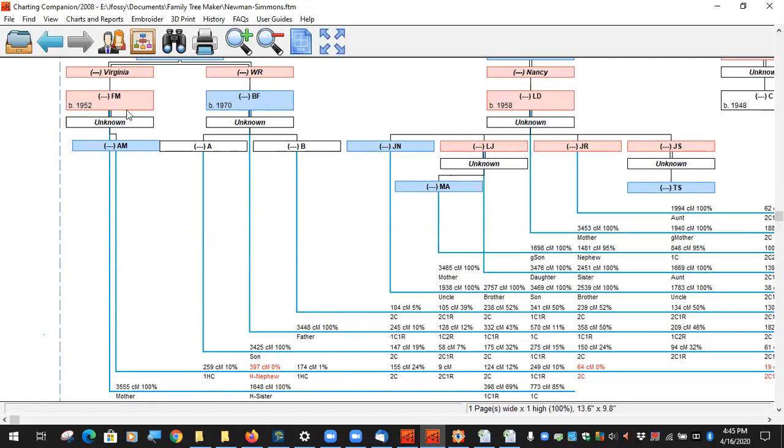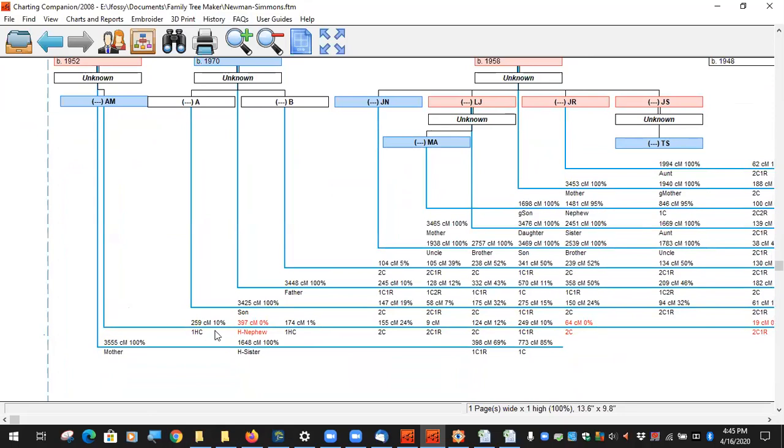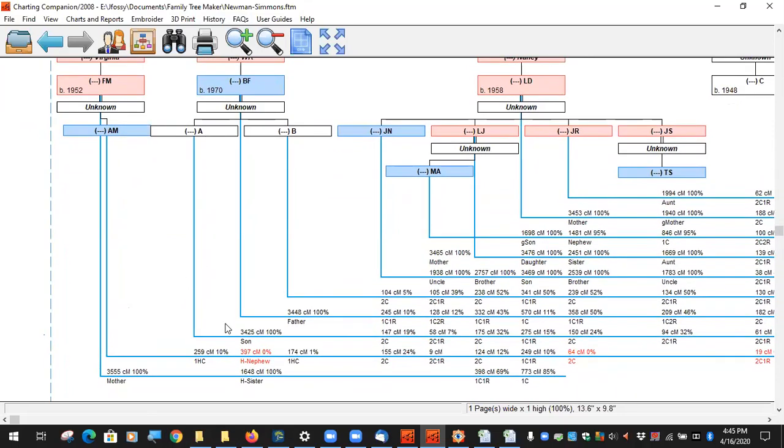But now if we look at, see how AM here matches A and B, they're half first cousins. 259 and 174, they're half first cousins. You can see like 1%, 10% chance. They're definitely on the lower end spectrum. So, I mean, it's